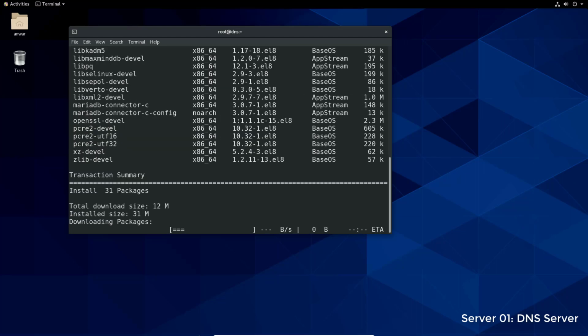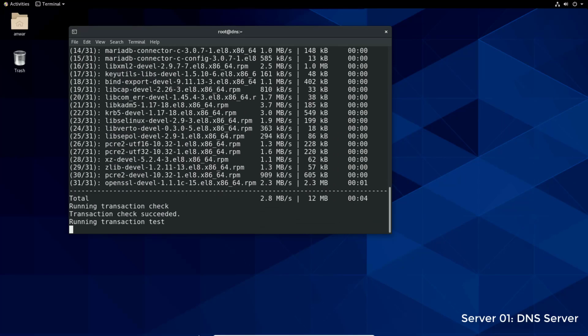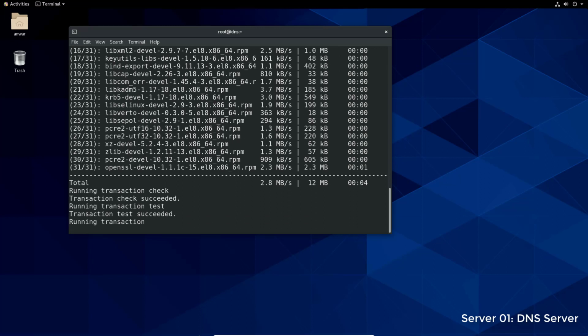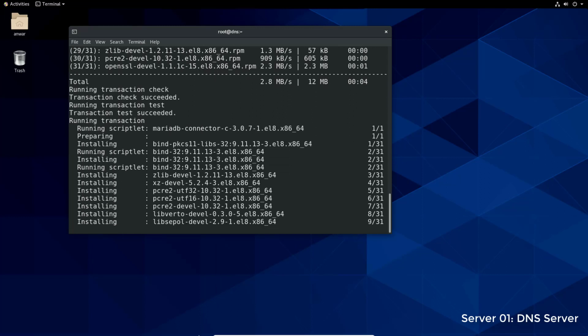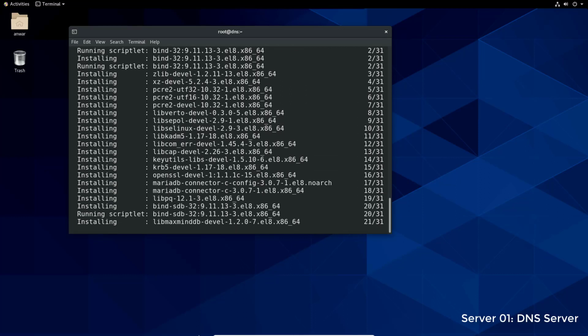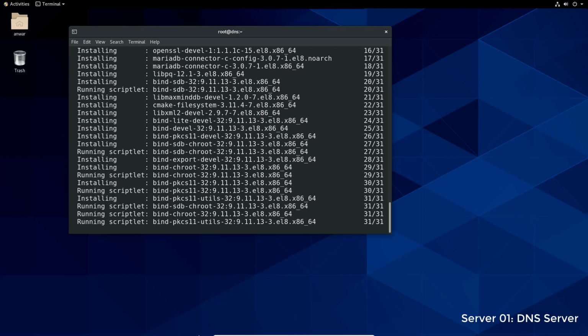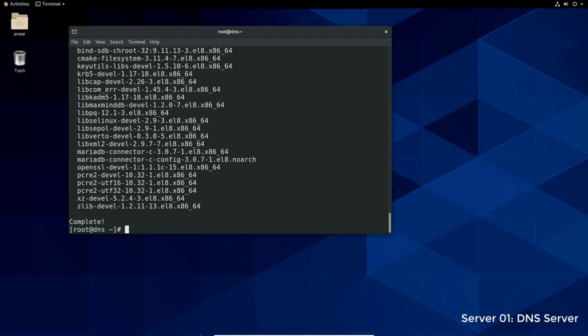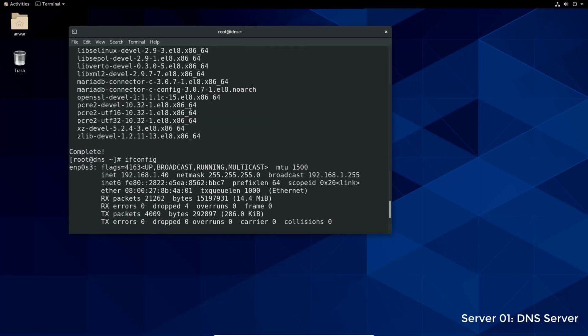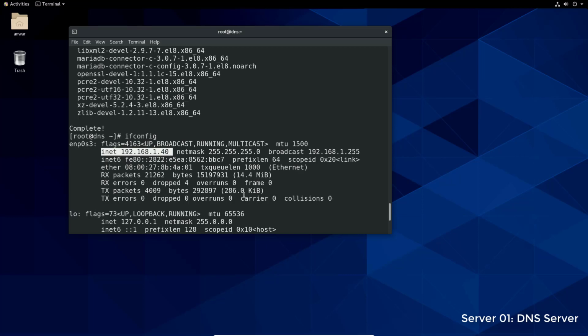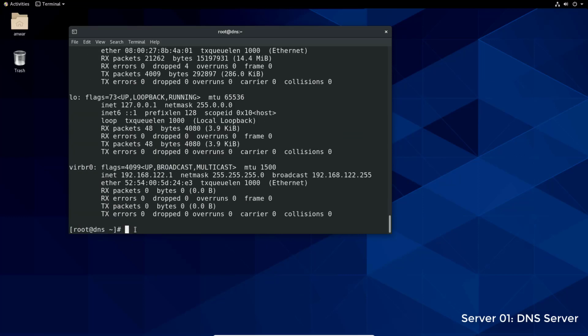It's going to go out and find the packages from the repository. We can see the download is finished. Now bind is installing. Installation complete. Let's check the IP address of the server. With ifconfig, we can see the IP address is 192.168.1.40, and make sure that when you set up a server, the IP you give it has